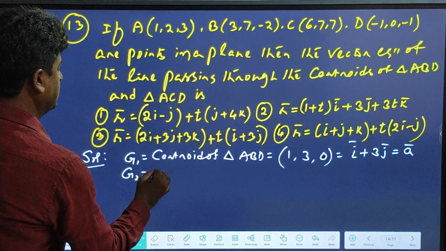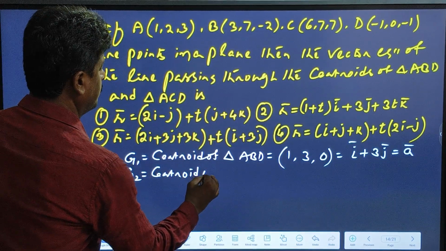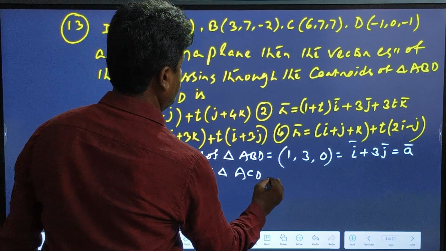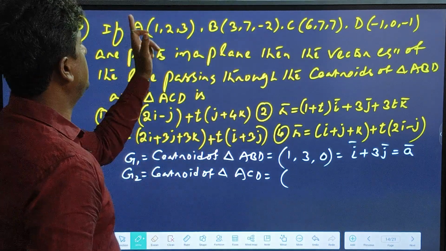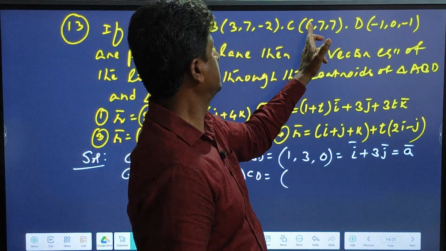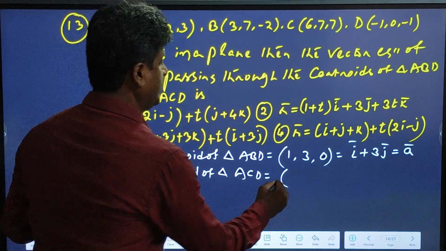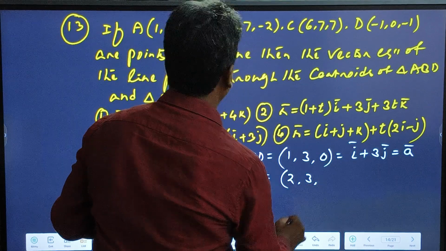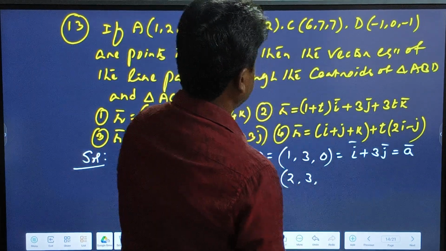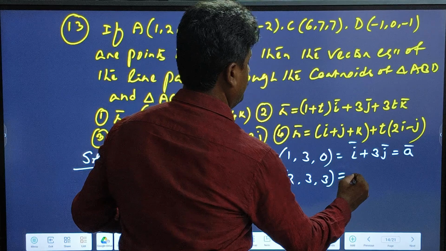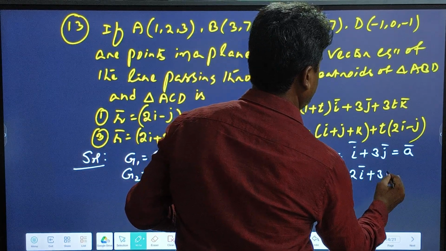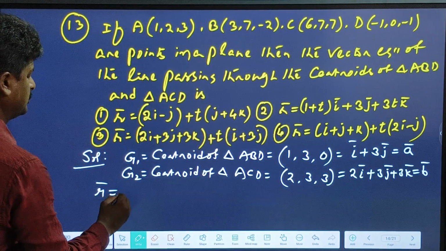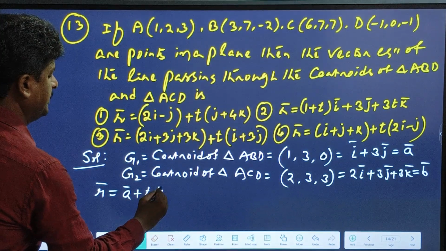Next, G2 is the centroid of triangle ACD. Centroid of triangle ACD: 1 plus 6, 7 minus 1, 6 by 3, again 2. 2 plus 7, 9 by 3, 3. 3 plus 7, 10 minus 1, 9 by 3, 3, which is 2i bar plus 3j bar plus 3k bar, which is b bar. r bar is equals to a bar plus t times b bar minus a bar,